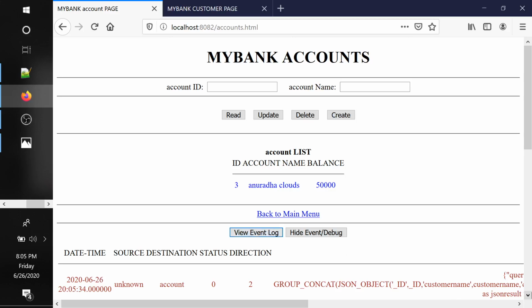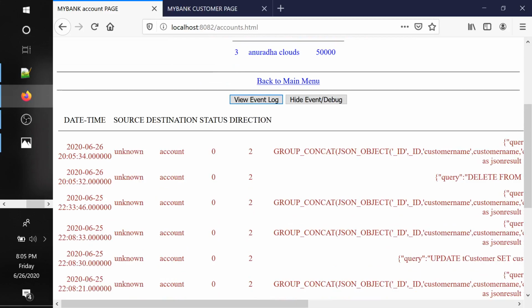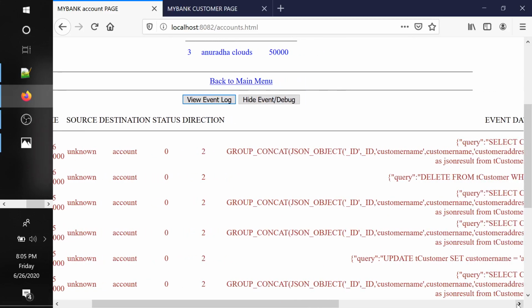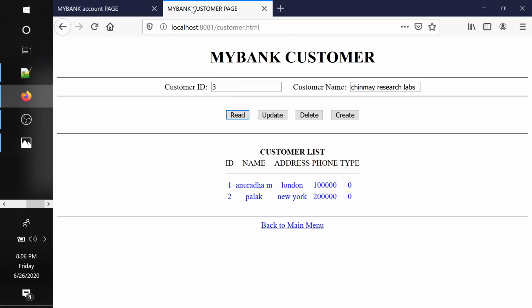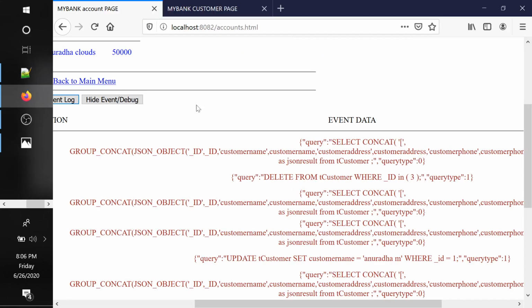So you see there are two records created. If you notice, what was the event? The event was delete from T customer where ID equal to 3. Now this event, where did it occur? It occurred on customer page, but account page or account system knows about it. And the second event that was fired was a select query in the customer page.